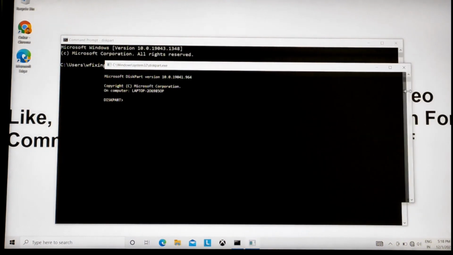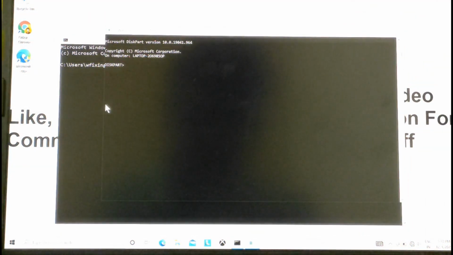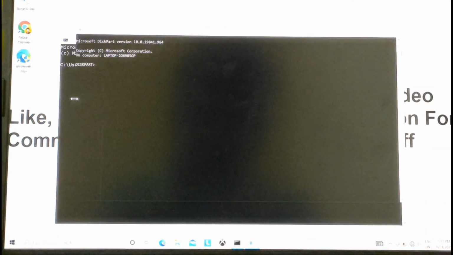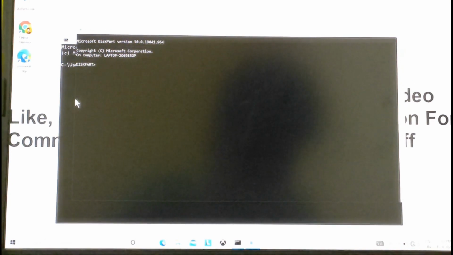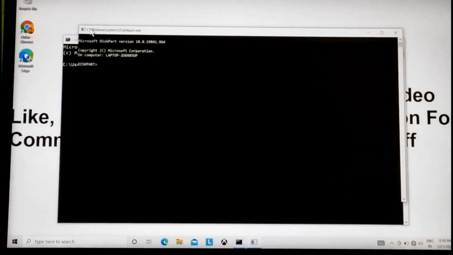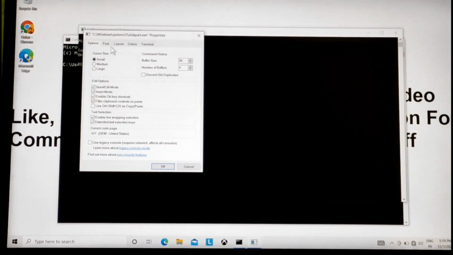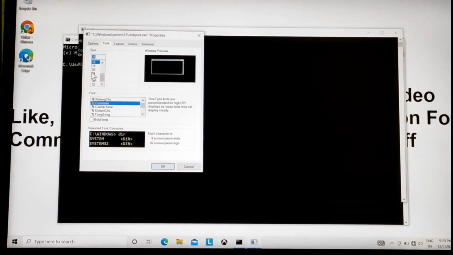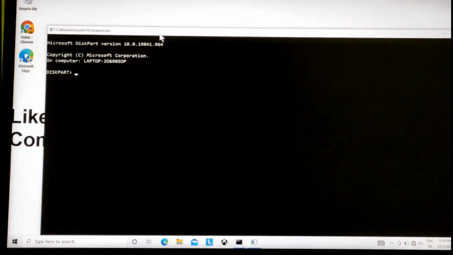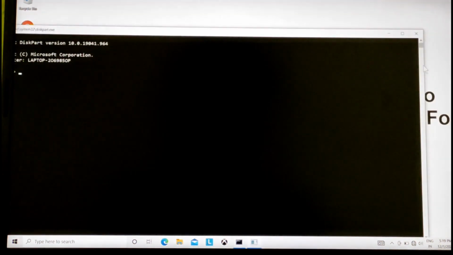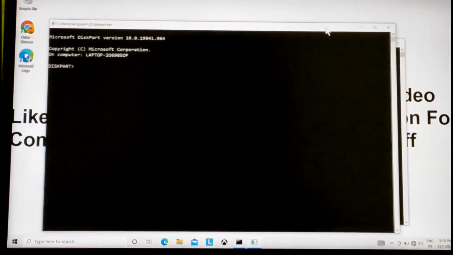I will increase the screen of this, and for your convenience I will increase the font. So you can see the font is increased, and I think you are now able to see all these commands.